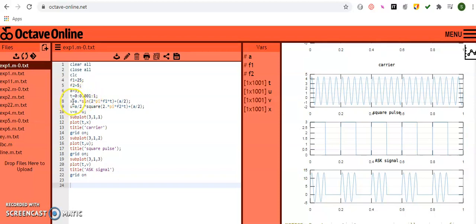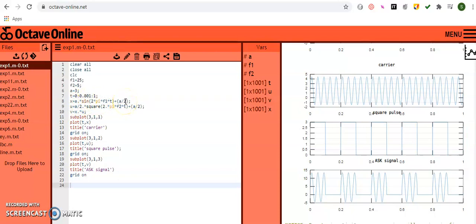Then we have defined the variable x, which is equal to a dot multiply sine 2 pi f t plus a by 2. This is your carrier, where a is the amplitude of the carrier signal. As a signal in continuous time, x of t is equal to a sine omega t. Similarly it is defined for the high frequency carrier: x is equal to a dot asterisk, and this symbol indicates element by element multiplication, sine 2 pi f1, your carrier frequency, into t plus a by 2.